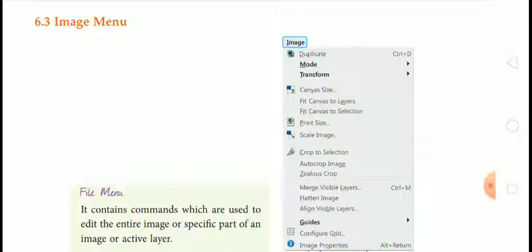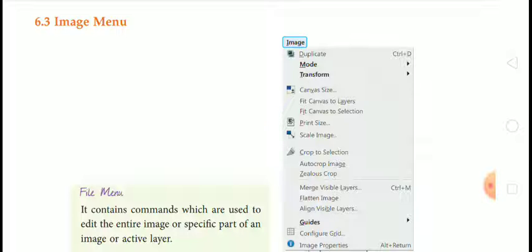So let us say in the picture, image menu is given, and we will see how many options are available in this menu. So first is duplicate. If you want to duplicate any image, you can use this option, and the shortcut key is Ctrl+D.